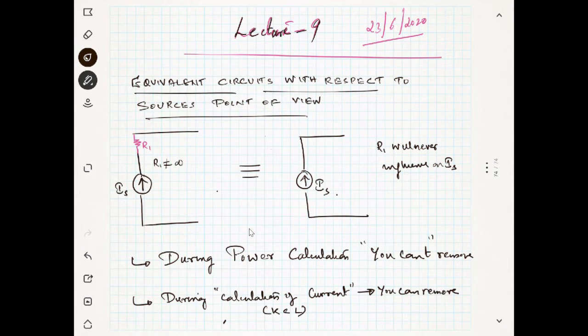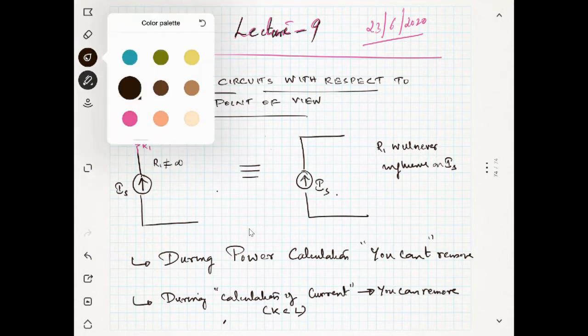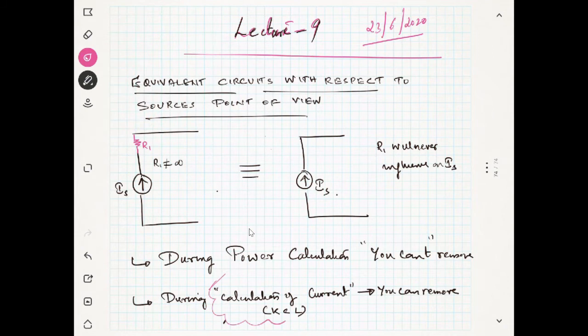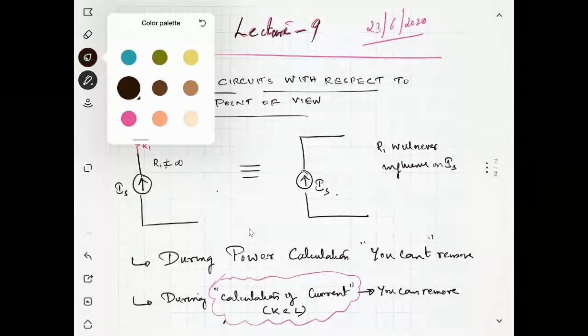But there will be a voltage drop across R1, right, doctor? Yes, voltage drop will be there. But during the current calculation, that's what I told you, or if you write the Kirchhoff law, you can remove this. No issue. I hope that this is clear to you, right? So yes, similarly,